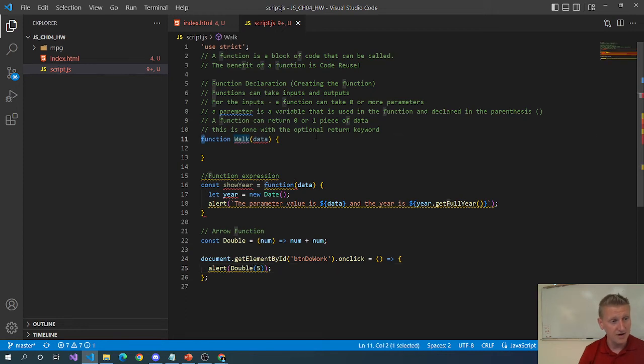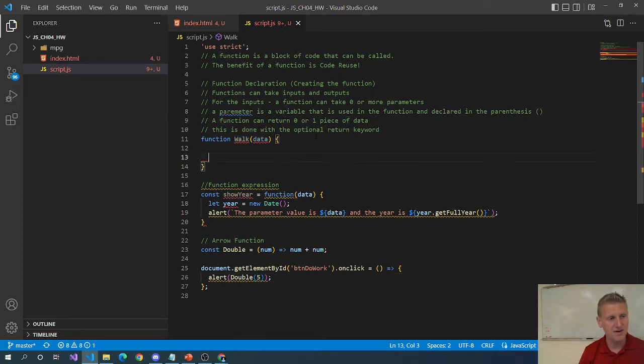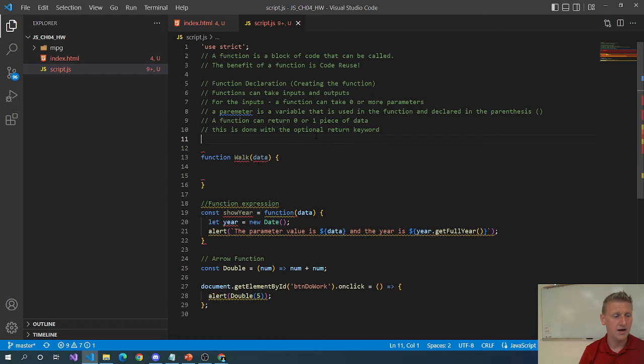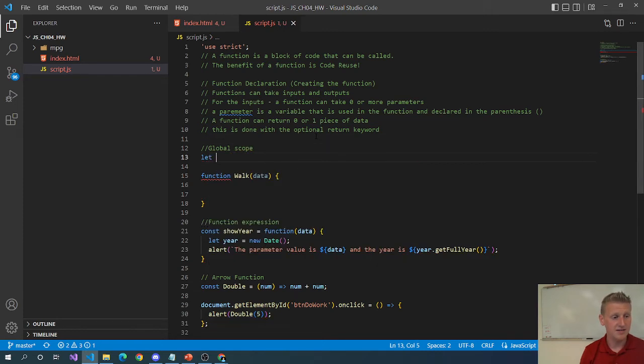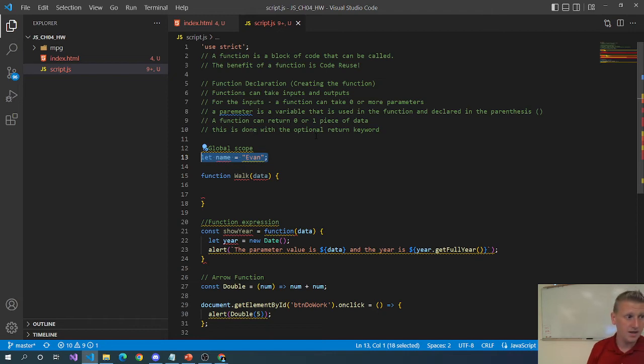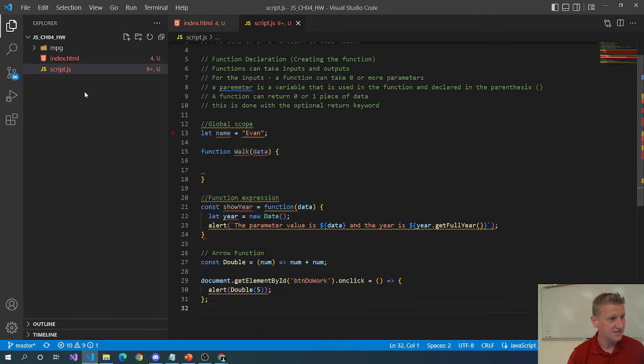So let's talk about various scopes. Global scope. So if we say let name equal Evan. Okay, this variable is global, meaning I can work with it in any of these functions,